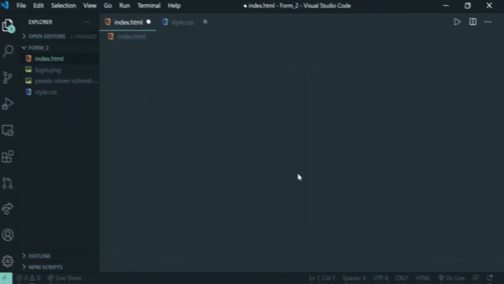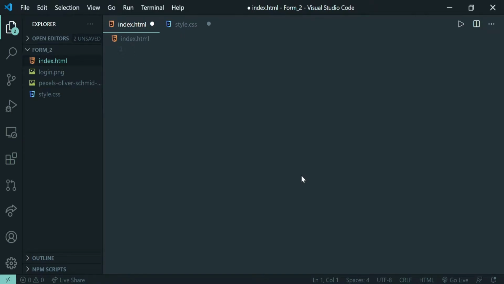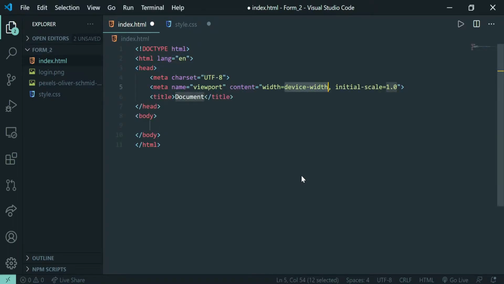So this is my Visual Studio Code, and here we will be having two files. One will be index.html and the other one will be CSS file. So first of all, we will be building our structure of our page, and that's why we will be writing code in HTML file. So here I will be creating one boilerplate for my HTML file, and here I will be giving this a title of